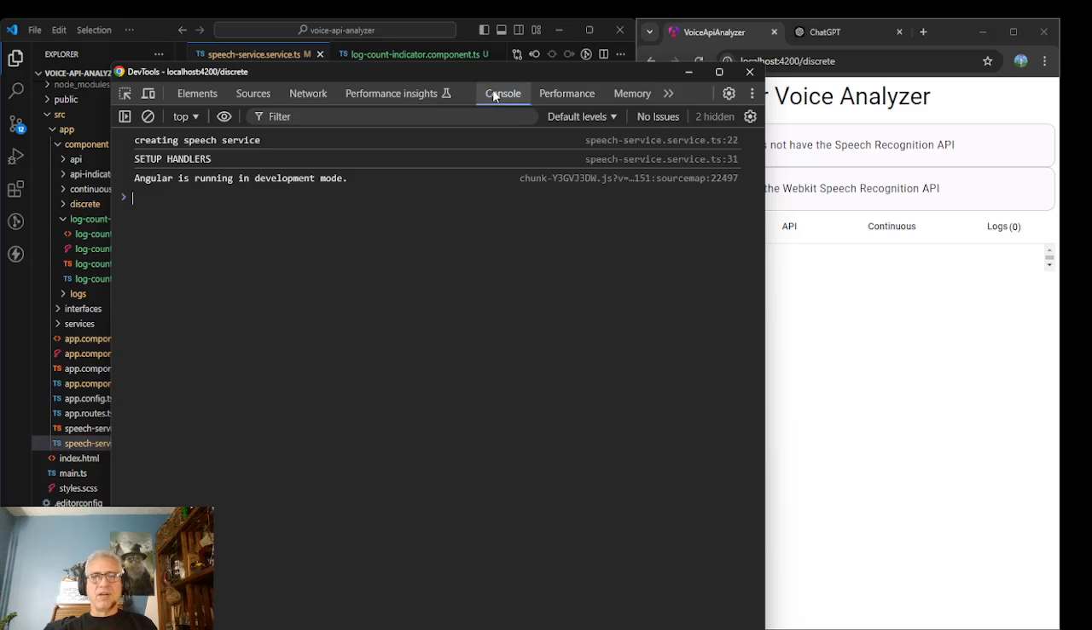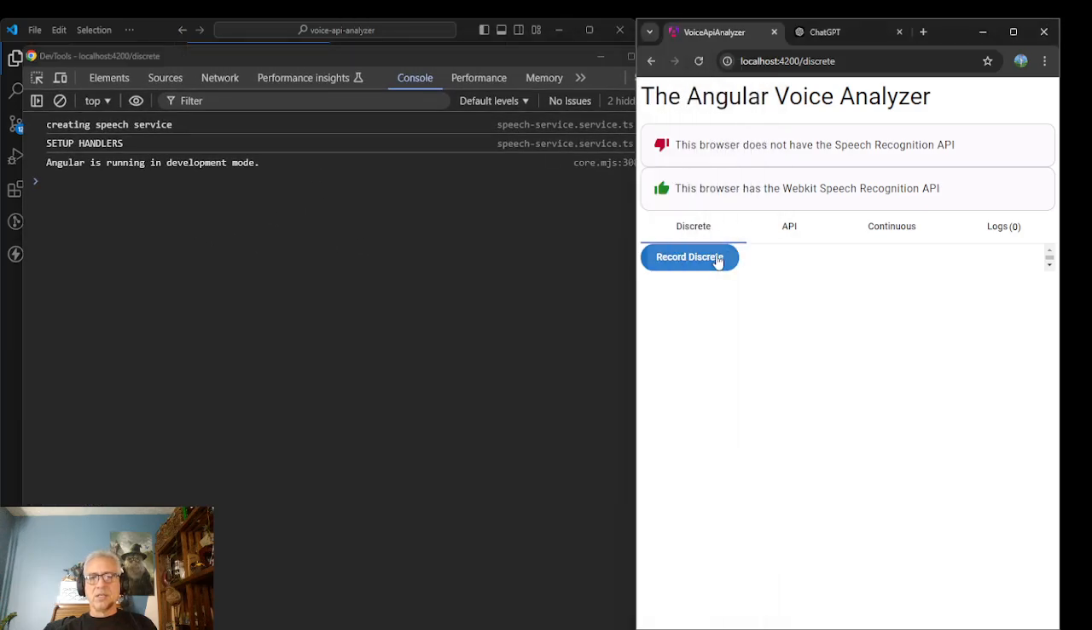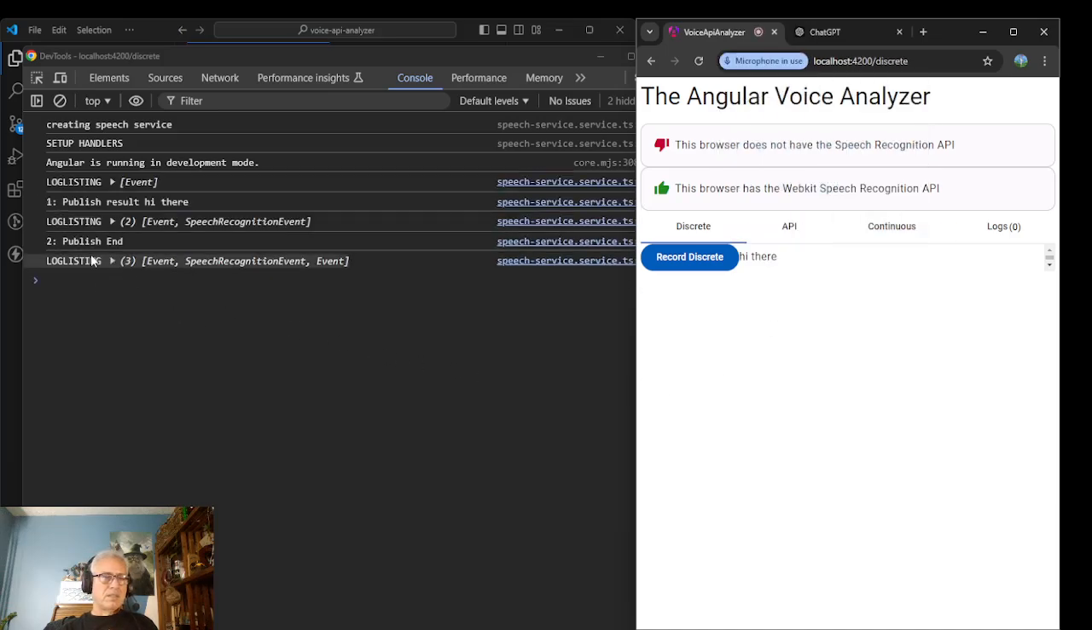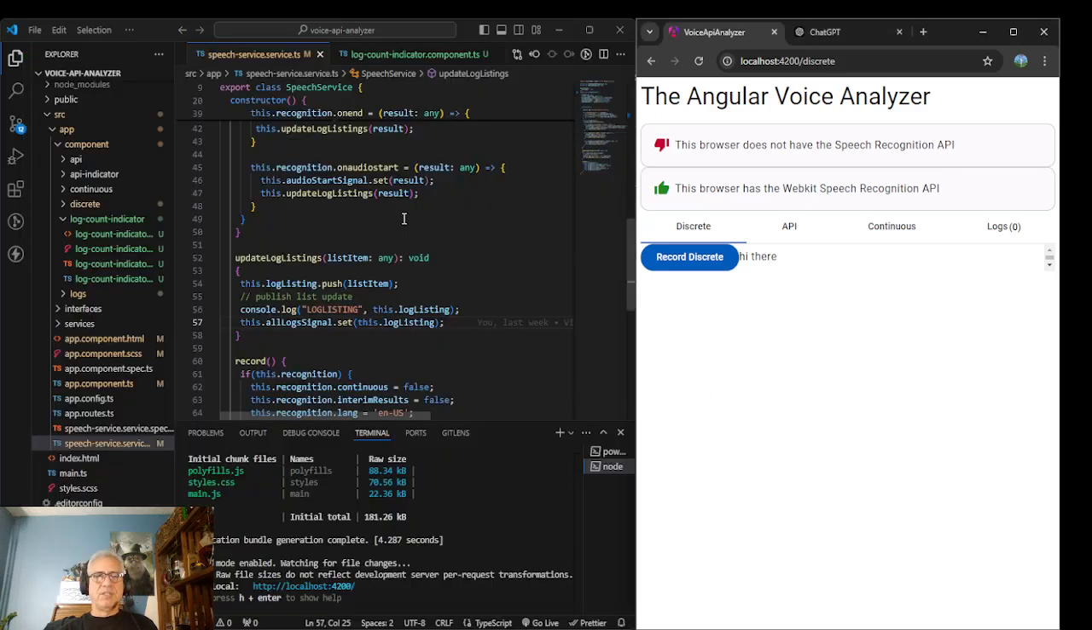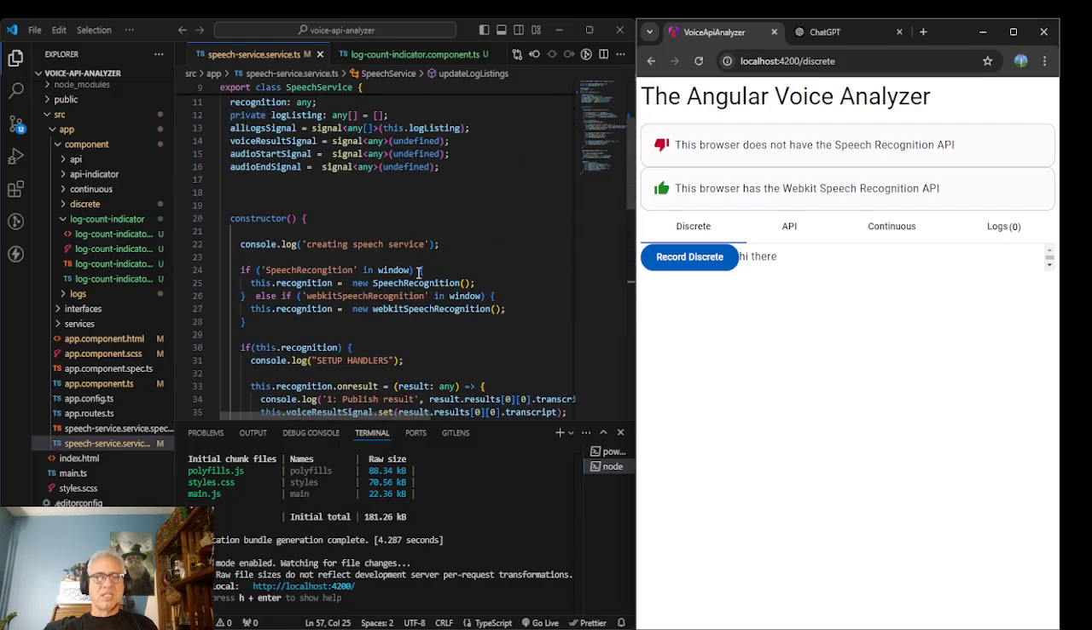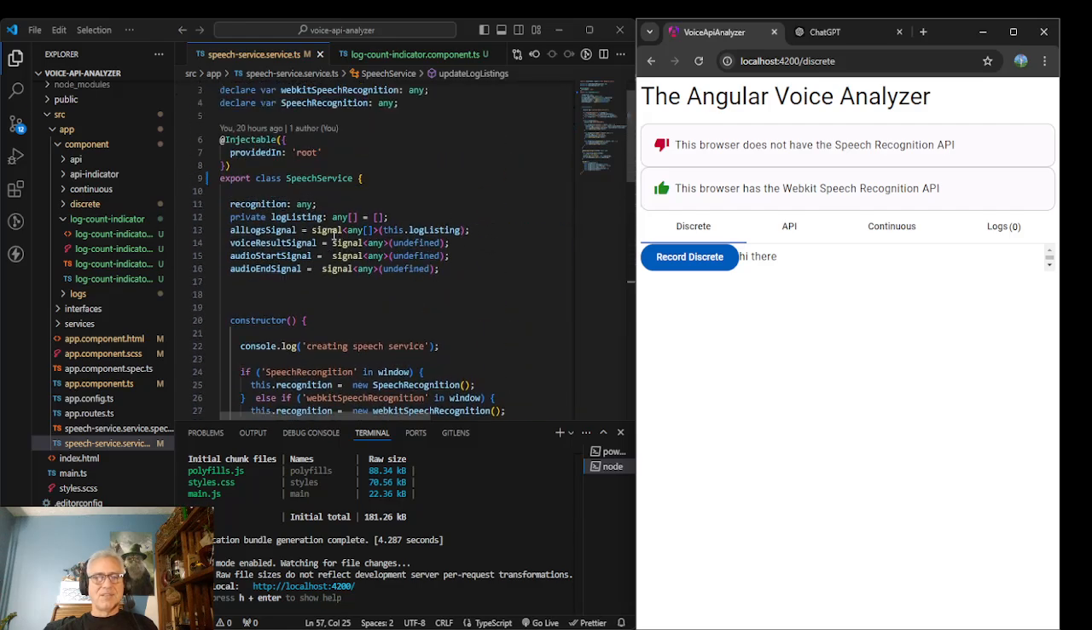We can see that it fires if I do it. So I'll just type hi there, and then see, log listings fired 3 times, but my log count did not. So my current belief is that if I were to change this signal here to a number